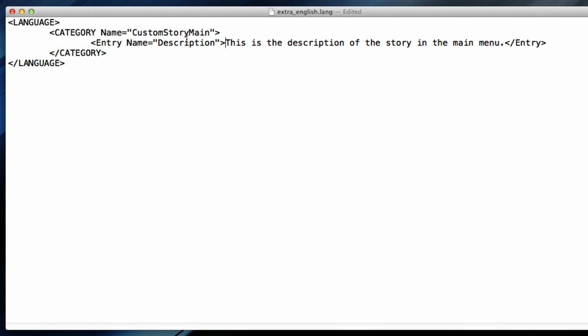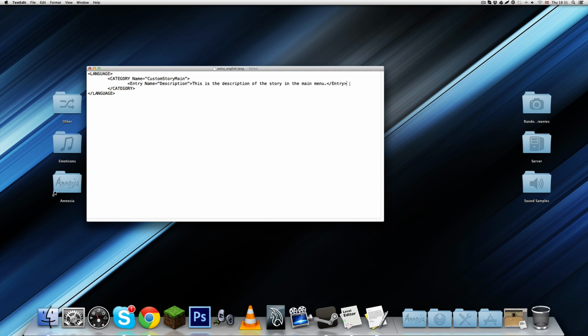So right now I've written the language, category, entry, /category, and /entry. Whenever you open a block, for example language, category, entry, you always need to put the slash version of it, closing the block basically. Because if you do not close the block, then everything will screw up in this file, so be very careful with that. And whenever you want to add something, usually I just copy this line and paste it in below and then edit it. So I don't have to write this every time, I just copy paste it, and it makes it a lot easier. At least for me, and probably for you too, I don't know, depends on personal preference.